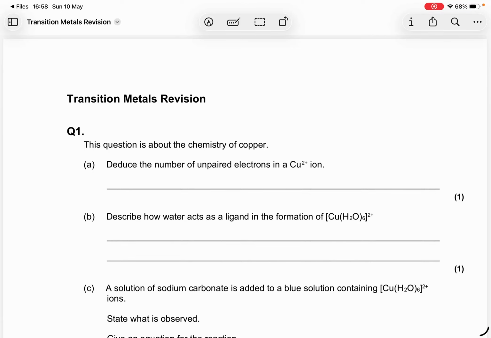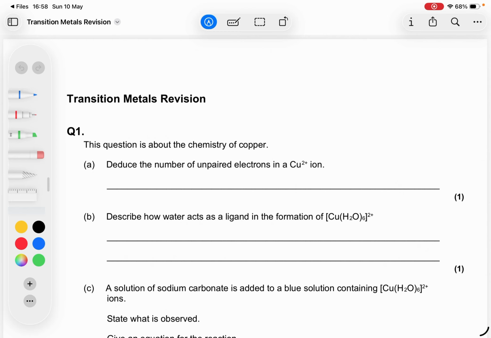I will do some revision with you about transition metals. I've selected a few questions. This is mainly for my students at school. There are some AQA questions on transition metals, and the key focus here will be some of the questions that come up regularly on the exam. So we'll start with